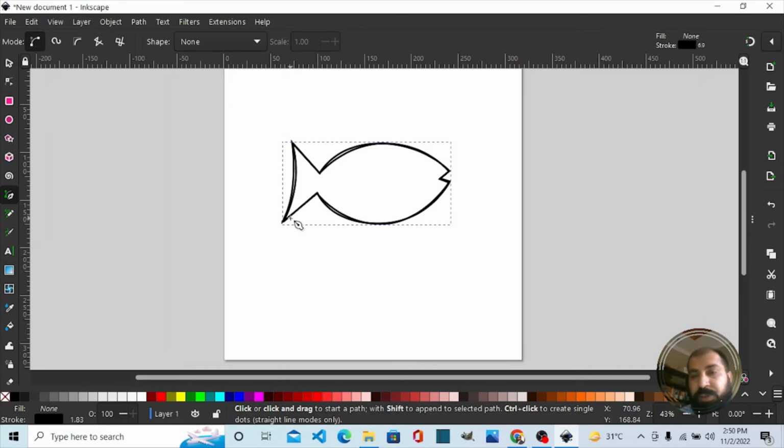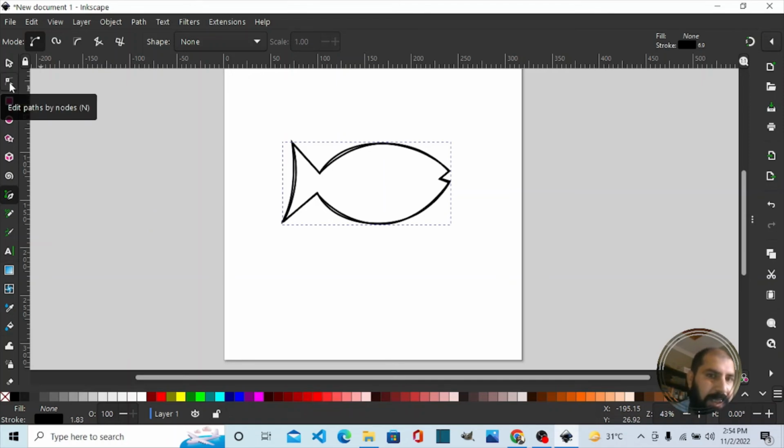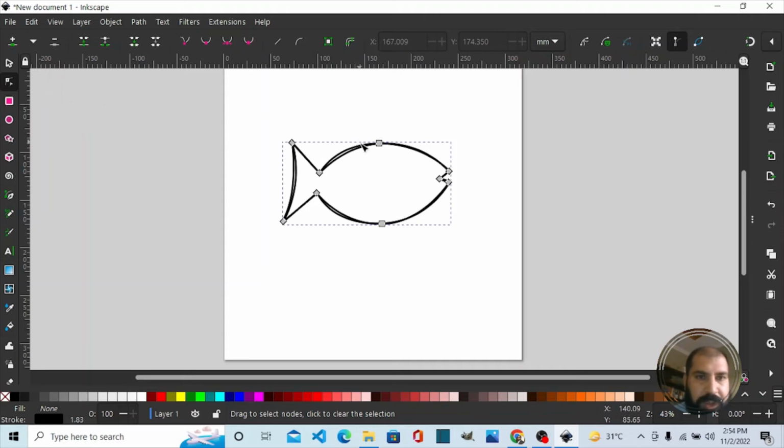From here we will move to much more complex shapes. If I want to tweak my shape, I have a tool that I will see later on in much more detail, but just to tweak this shape, let me go to that node tool. It has a shortcut of the letter N on the keyboard, and we are here, we are all okay. Let me click with this quadratic Bézier curve and the single handle. Let me retweak it. Here we go,